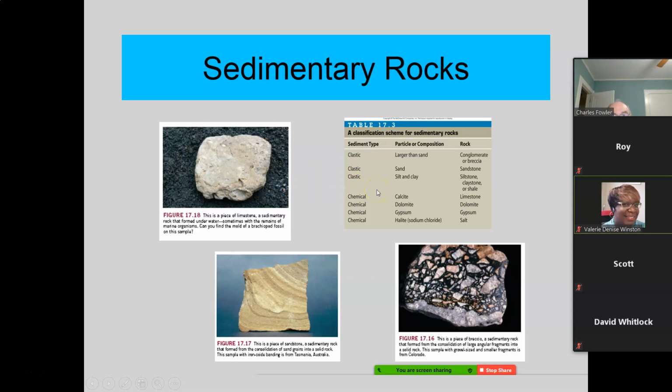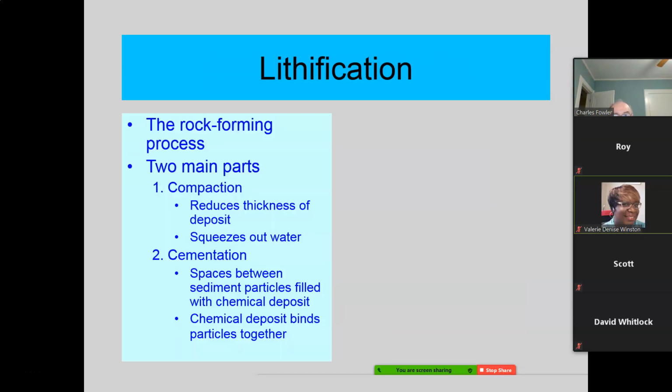Okay, but that was made in the ocean somewhere, the combination of calcium carbonate and other materials that happen to be down there, which is predominantly calcium carbonate. That would be limestone. All right, now how do these